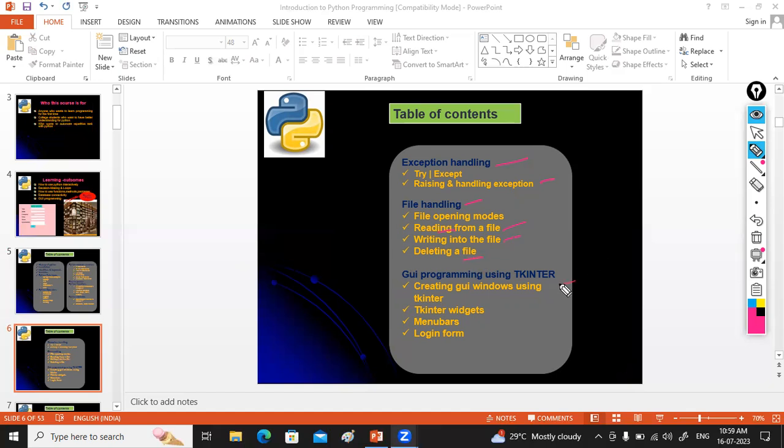After that, we are going to work with the graphical user interface using the Tkinter module available in Python. Working with Tkinter will help you create desktop-based applications, just as on our system we have Notepad available, right? Tkinter has its own separate window. So first of all, we will get an idea of how to create a GUI window using Tkinter, then what the different Tkinter widgets are, and how you can create labels,